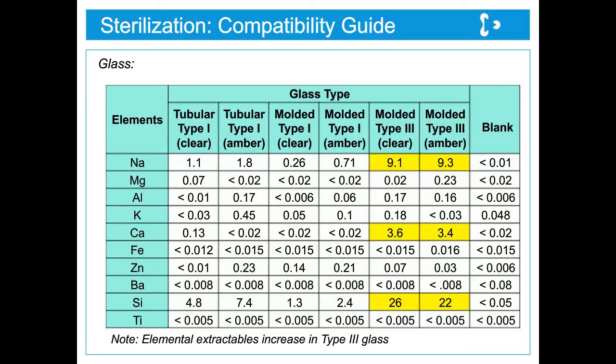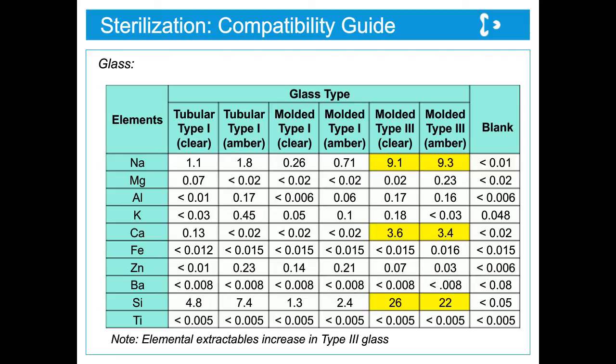In this experiment here, I wanted to really show you how steam sterilization can affect type 3 glass. I have in this table the elements that can come out of glass. These are inorganic elements that can come out of glass. On the left-hand side, you can see it's sodium, magnesium, aluminum, potassium, calcium, iron, zinc, barium, silicon, and titanium. Now, what I did here is I put ultra-purified water at a pH of 7 inside of type 1 and type 3 glass, and I actually